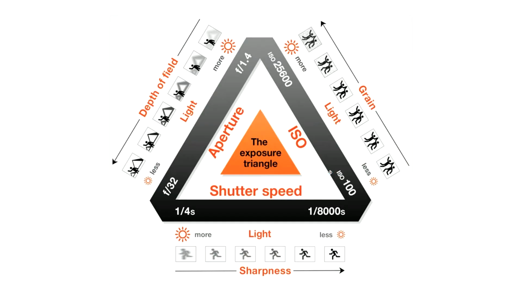The triangle of exposure is a foundational concept that unlocks a world of creative possibilities in both photography and cinematography. And by mastering aperture, shutter speed, and ISO, you gain full control over how light is captured, allowing you to create images that are not only correctly exposed, but also artistically compelling.